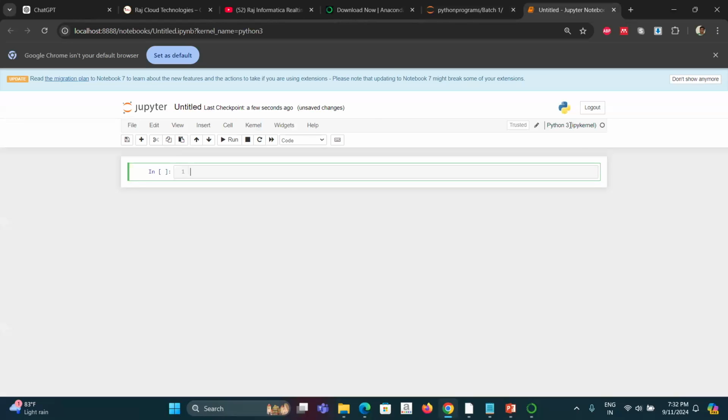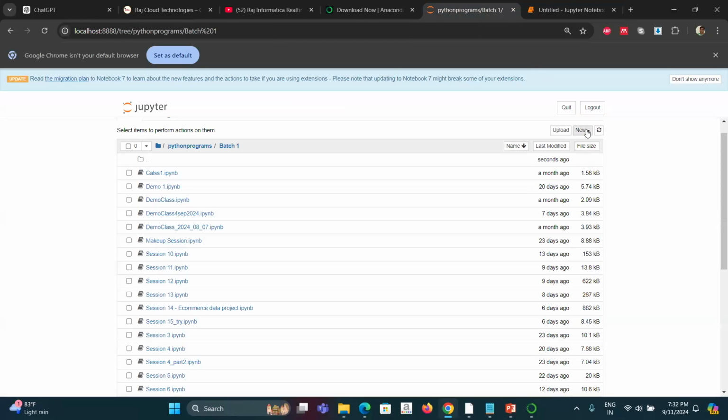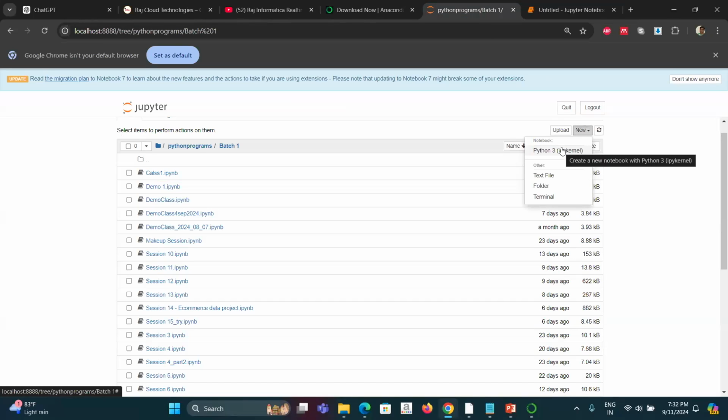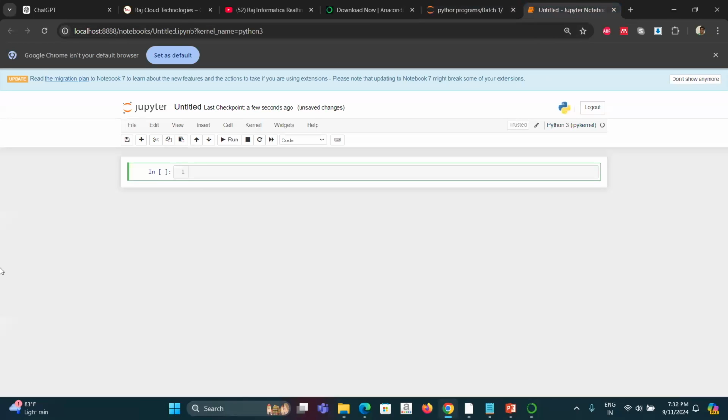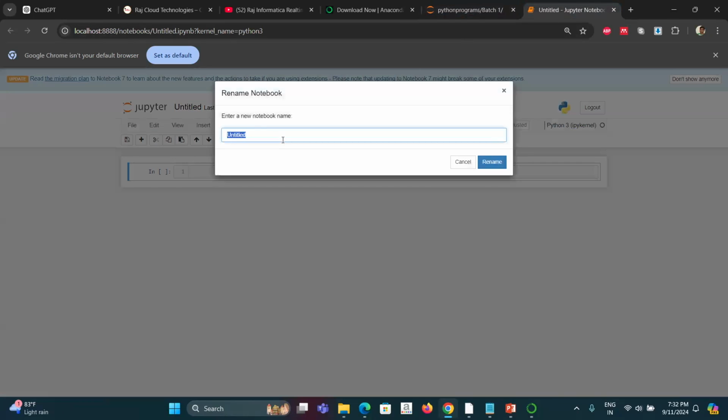I have created one, and again I'm showing it to you. Just click on Python 3. This is the new notebook. It will open up a fresh tab with an untitled name. So please rename it to whatever name you want to use, for example demo class, 11th of September 2024.